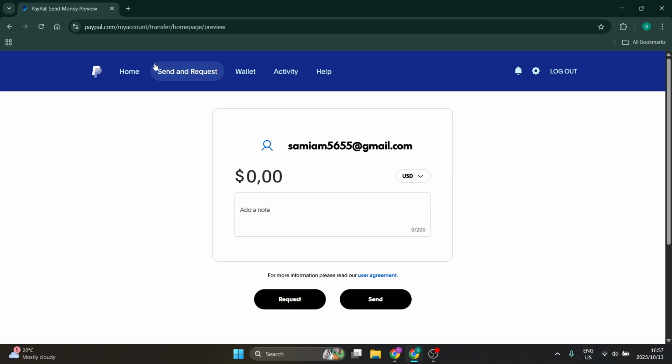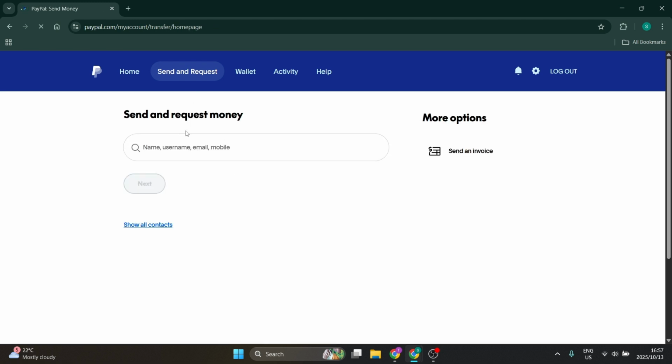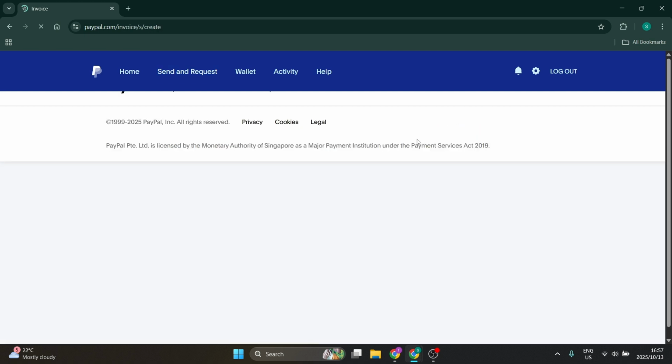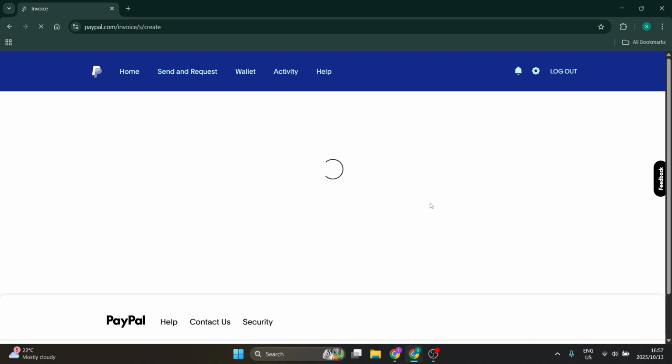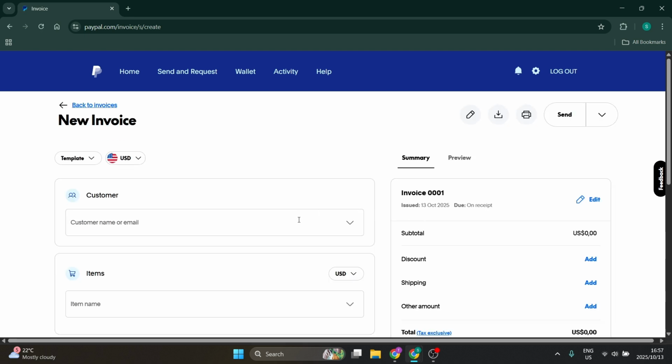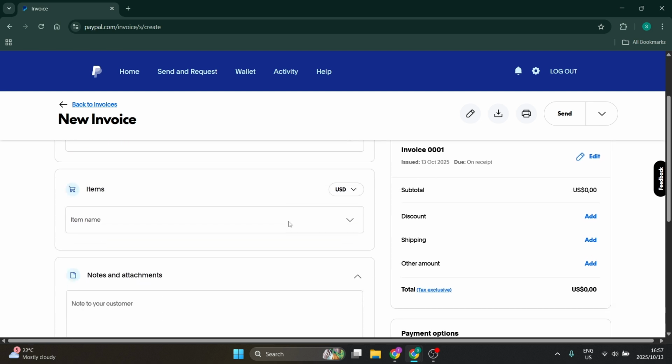There is another way of doing it. Let's go back to Send and Request. If you want to send an invoice, even on your personal account, you can do that. Under more options on the right hand side, just click on send invoice. Over here, you will add your sender, or whoever's sending the funds, their name or email address,